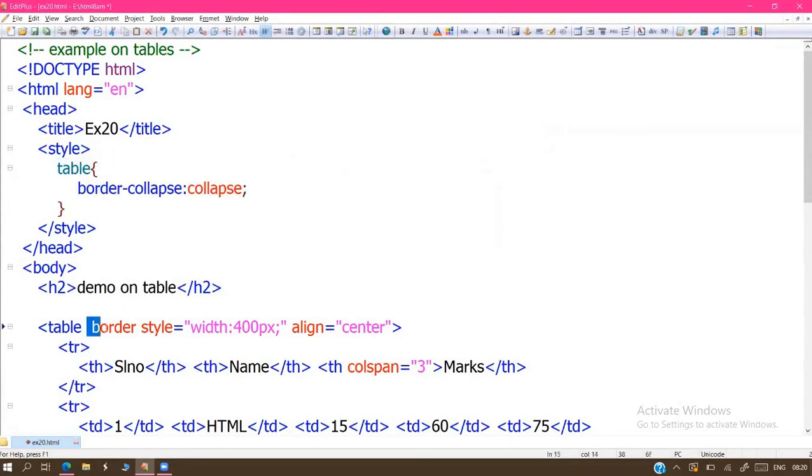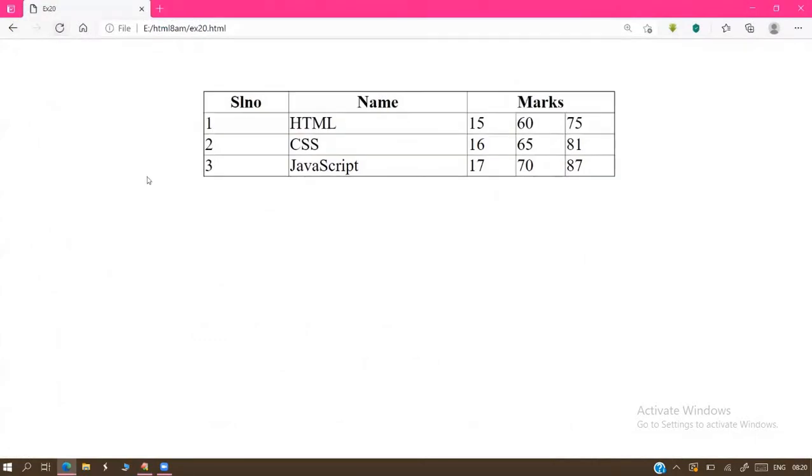And after that, it is drawing a fresh border here. A regular border always comes as a single line border. So it's looking good compared to normal tables.